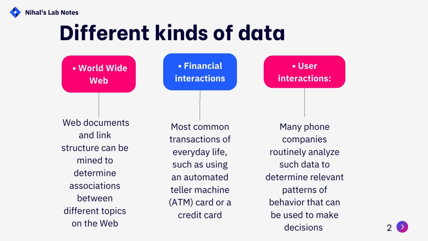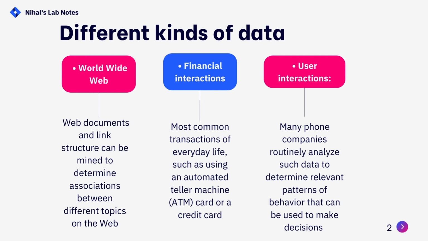Now let's see some examples of different kinds of data. For example, we have the World Wide Web. The number of documents on the indexed web is known to be on the order of billions, and the invisible web is much larger. We can say that the linked structure of the web is referred to as the web graph, which is itself a kind of data. The web documents and link structure can be mined to determine associations between different topics on the web. On the other hand, user access logs can be mined to determine frequent patterns of accesses or unusual patterns of